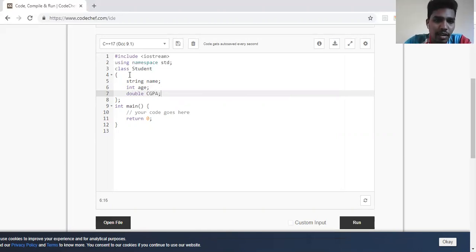As you can see, this student class now has three attributes. One is of type string, another is age, an integer, and another is of type double. So I can also say it's a heterogeneous collection of elements. Like we have structures in C, but the difference between structure and class is that a structure cannot have functions, and the default access specifier of the attributes in a structure is public, but here the default access specifier is private.